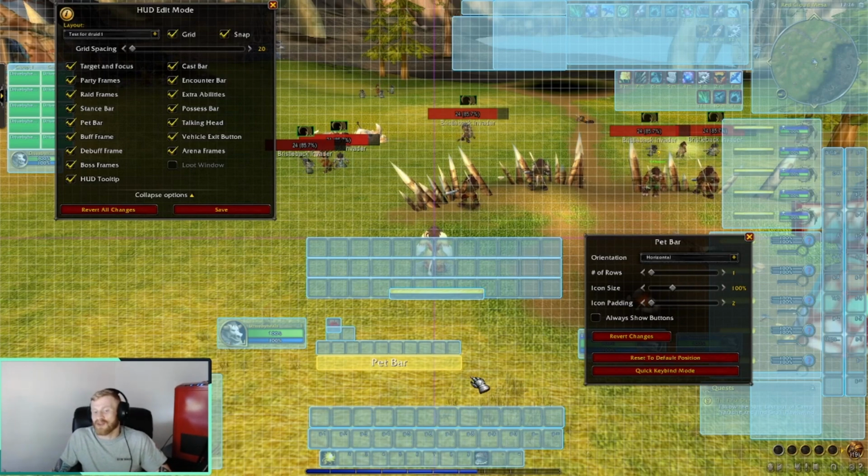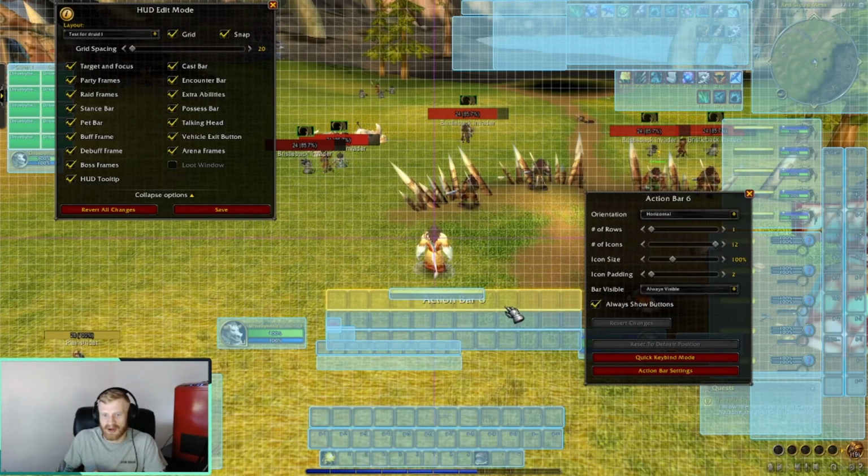How you organize your bars is really important. So we're going to get into key bindings, and we're going to put abilities on our bars. But right now, I want you to understand that some, and this is critical, some abilities do not need to be watched. You do not need to see Wrath at all times. So what I do is I take these bars,